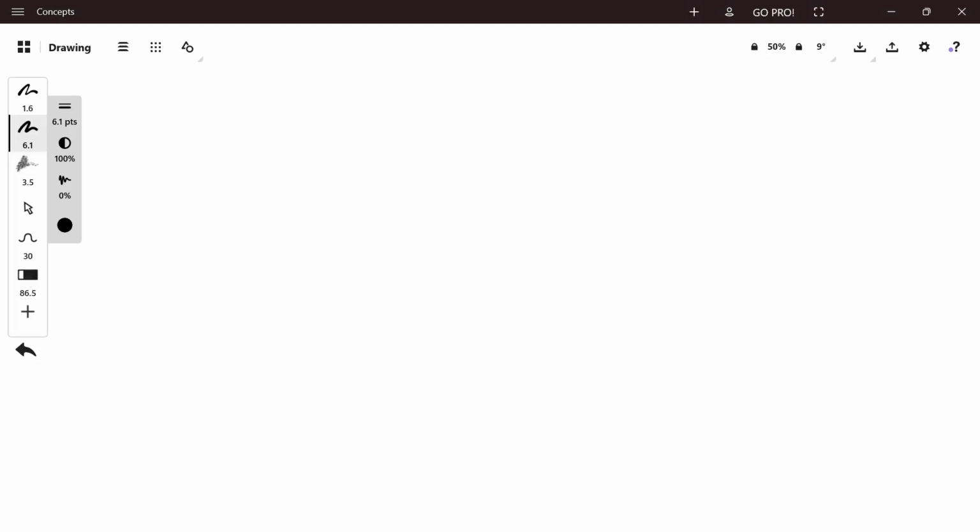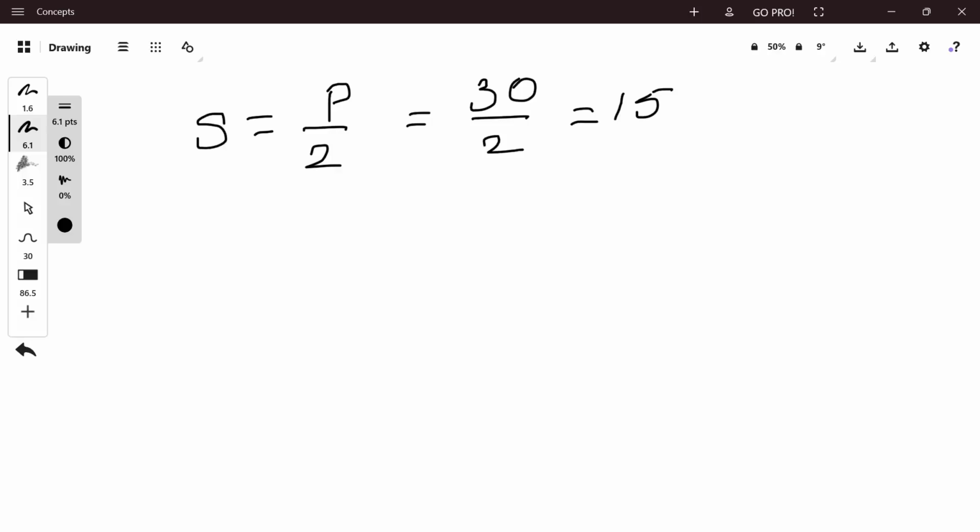The perimeter a plus b plus c is equal to 30. The area A is equal to 30 cm square. Semi-perimeter s is equal to perimeter by 2, which is 30 by 2, equal to 15. Heron's formula for the area is